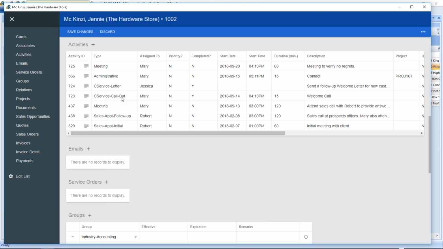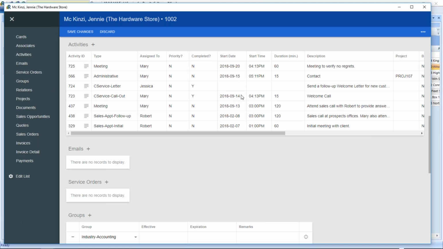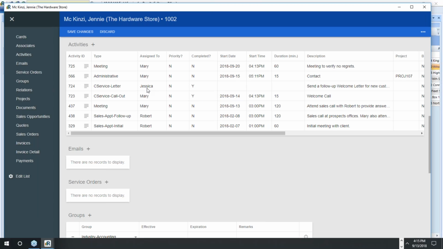Now notice the rules are, if you trigger a process, in this case I'm logged in as Mary, anything that is not assigned to a specific person, I own. It's on my plate. So you'll notice I have an outgoing call to make, that's ID 723, on the 14th. Today is the 13th of September, so that would be within 1 day. That's on my plate. Remember, the letter was going to be sent by Jessica, so this was assigned to Jessica automatically, and then within 7 days,